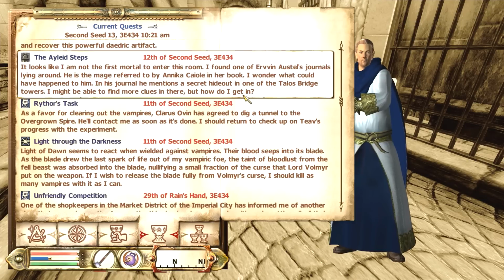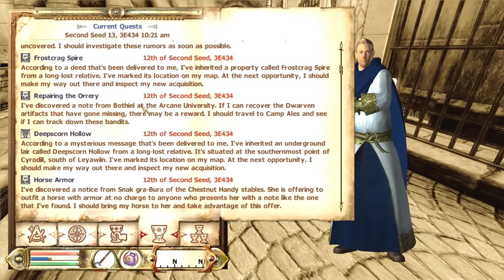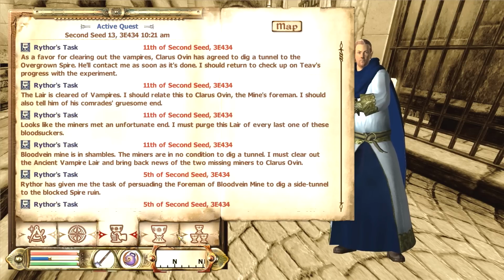Yeah, there's that thing. We found a journal or something. I can't quite remember. It's been a while. But the Ayleid Steps are not a priority right now. We'll get back to them at some point. Main point here is that we need to go back and check on Teve's progress with his experiment,